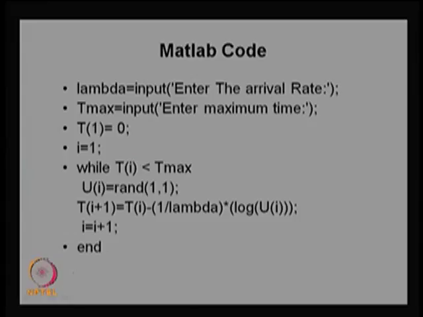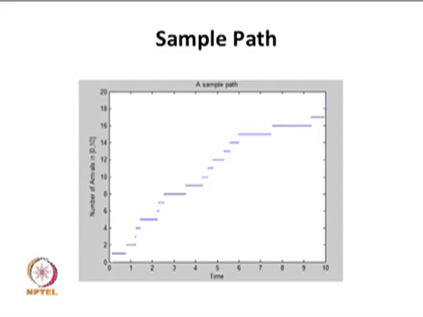Now I am going to explain how we can create the sample path of the Poisson process using the MATLAB code. Since the Poisson process is related with the inter-arrival times or exponential distribution, I can start with time 0, when there is no customer in the system, and decide the maximum time I need for the sample path. Then I can keep creating random variables. From the random variable I can generate the exponentially distributed time event. Then I can shift the time event to t of i plus 1 by adding the next exponentially distributed time event. Then I can go for plotting the sample path.